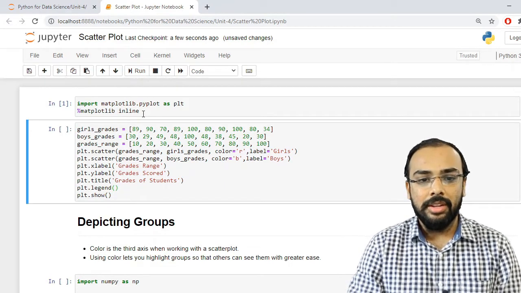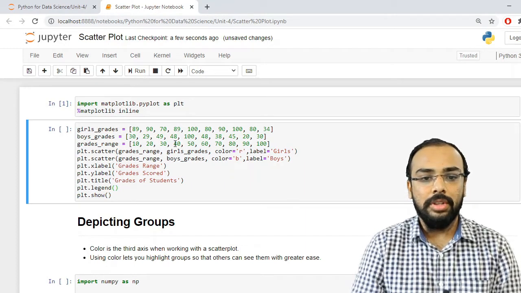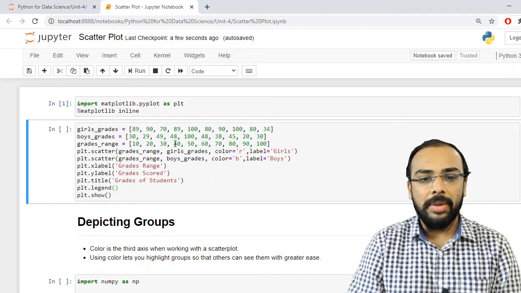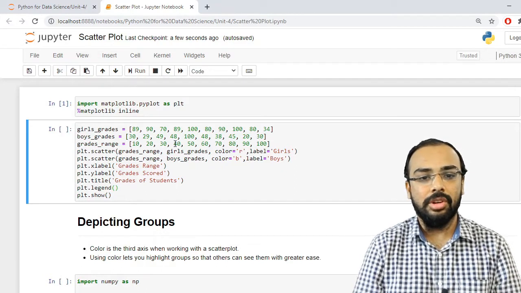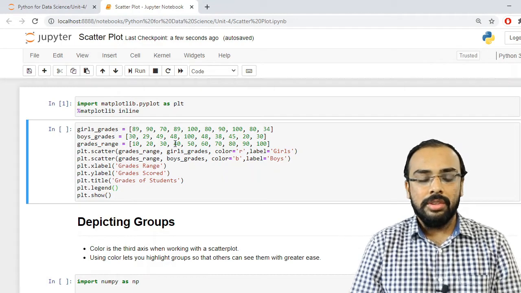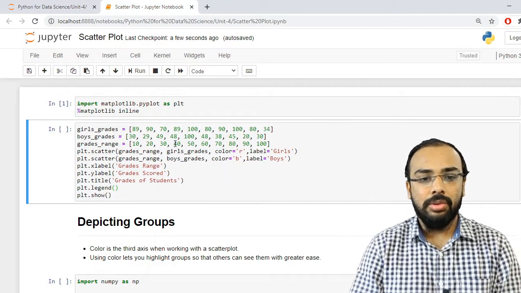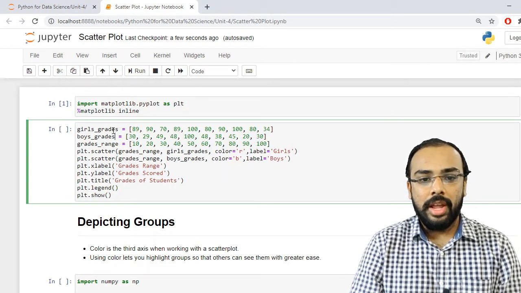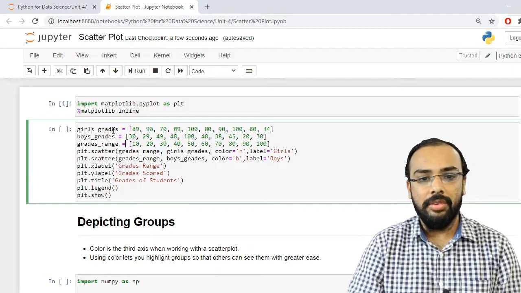Now whenever we want to plot a scatter plot, we need to have some data. In this approach, I have taken some random data, that is the grades obtained by different students, and I want to plot the grade history of particular students. Now what I have done is bifurcate these grades into two, grades for girls and grades for boys, and then I have specified the range, that is from 10 to 100.